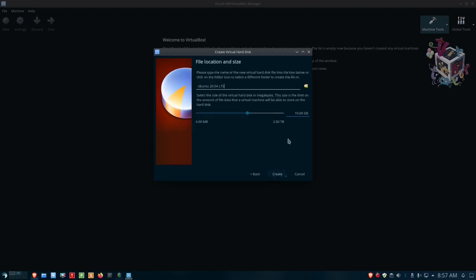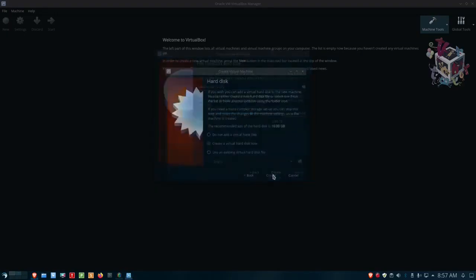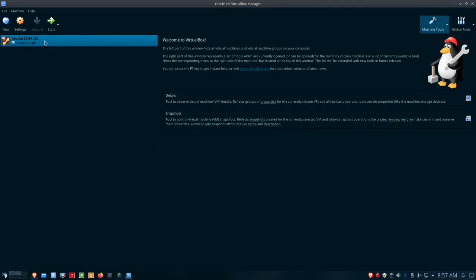I'm going to click Next, and here's where I give it the actual size that I want. And dynamically, I'm going to give it 20 gigs. So it's going to start out smaller than 20 gigs, and then it's going to move up to the full size of 20 gigs as needed. It'll probably never get there because this is going to be a short-term virtual machine, VM, and so we'll never reach that limit. But that's okay. All right, so let's go ahead and click Create, and that creates the virtual machine for Ubuntu 20.04